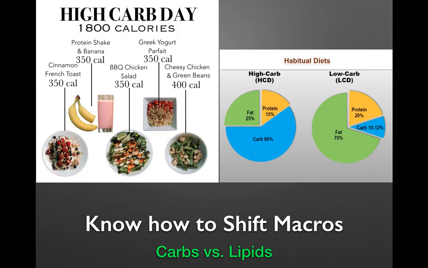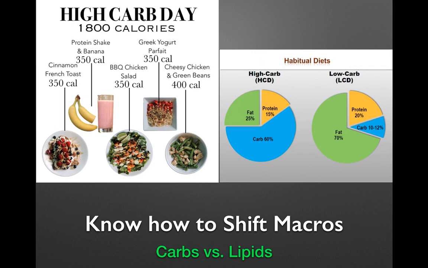So the way that we start is very simple. Know how to shift your macros first, right? I don't want you to go on high carb cycling or anything like that. I just want you to still understand that calories are more important, but also when to shift the carbohydrates. When you shift the carbohydrates higher, you automatically keep your fat low, and protein stays the same. This chart on the right shows that the protein level pretty much stays the same. You either get the fat higher and the carbs lower, or the opposite way around, to keep the same amount of calories.